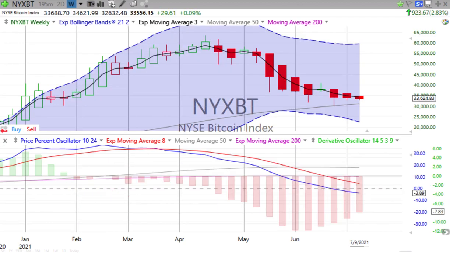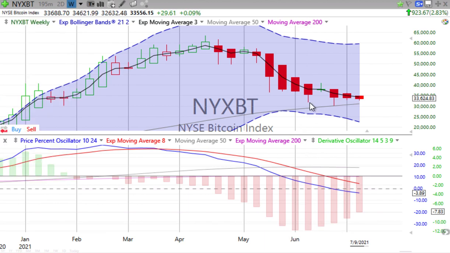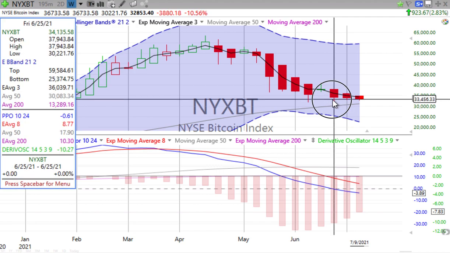Bitcoin rebounding a little bit here at the end of the week, up 2.83%. Doesn't affect the price percent oscillator, still trundling down. Derivative oscillator's been losing downward momentum since we had that big drop down to the $31,000 mark back on the week ending the 11th of June. And of course, that next week it slid over, and then it did its lowest in a while, down to